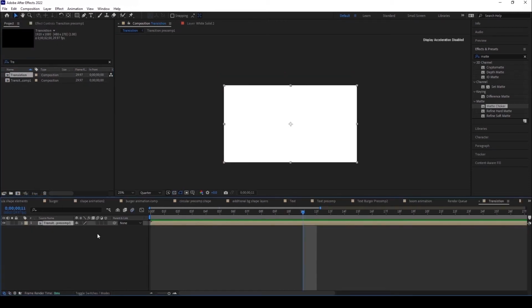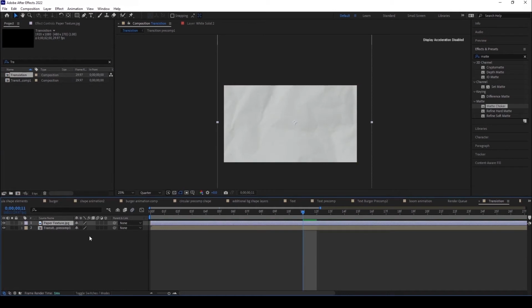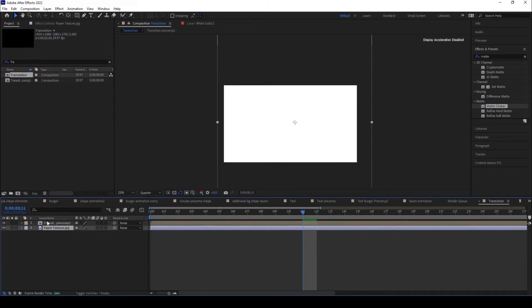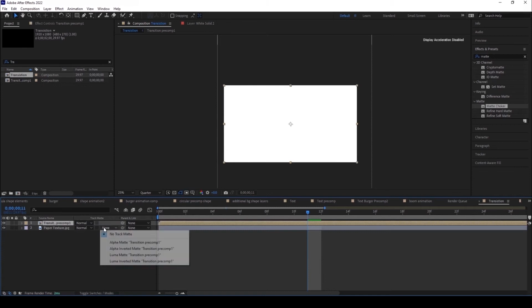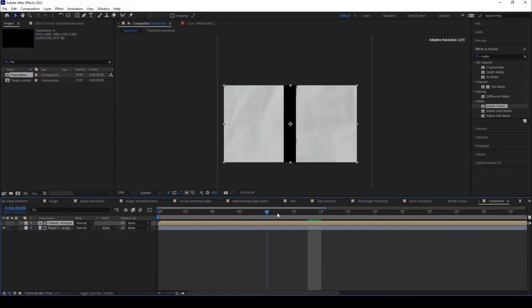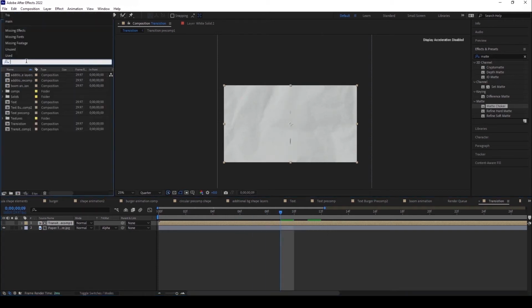Paste it over here. Control V the paper and drop this paper texture under the transition pre-comp, and just once toggle the switcher modes, and now I can see the alpha matte over here. It's alright, it's looking cool. And one more thing, again I need to go back to scene 1,